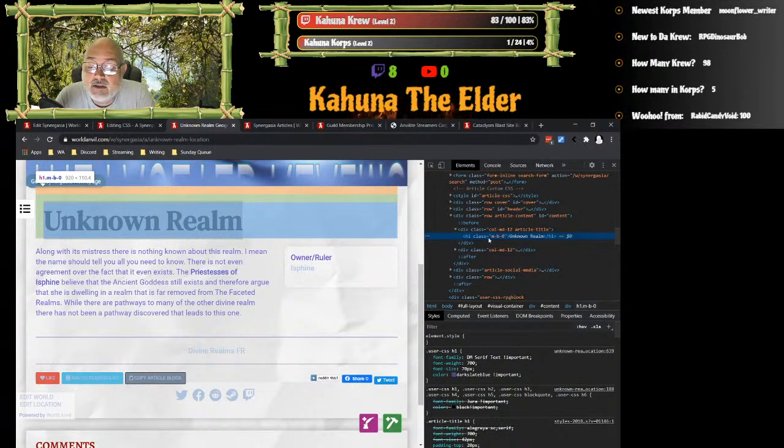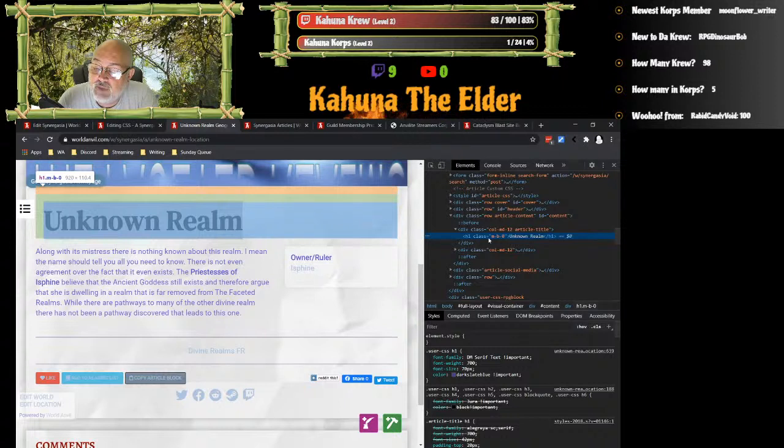These classes are essentially hard-coded in. You can change the parameters of it, what it looks like, but you can't change the actual class itself. You could create your own classes like we did in that last one, where I was showing you that you could create the stuff and name it after your region or after a section, like I did with Cataclysm. So you can create those, but that's additional to this.